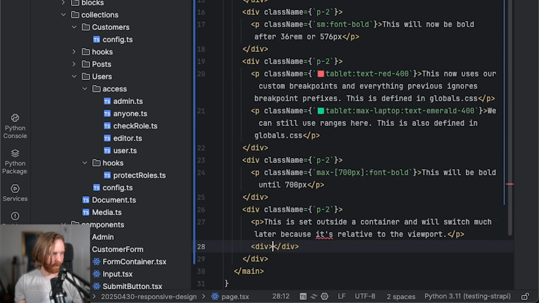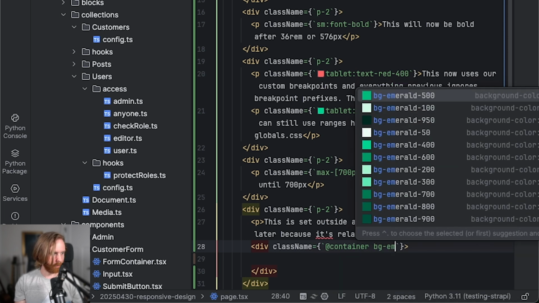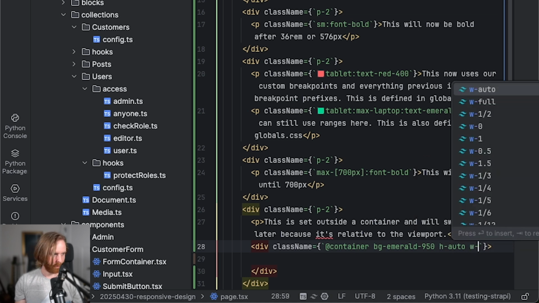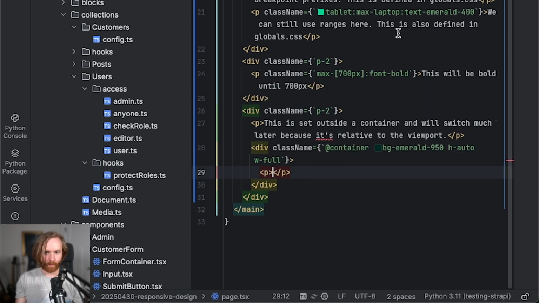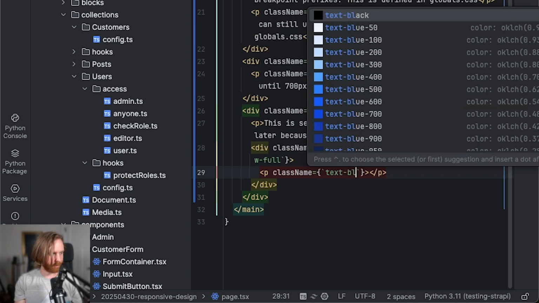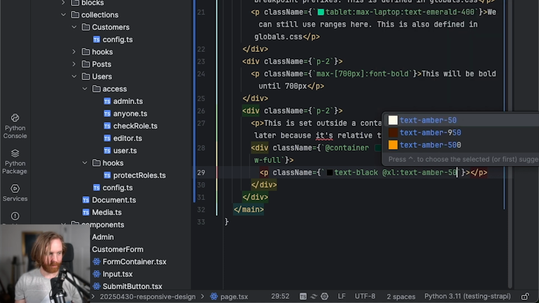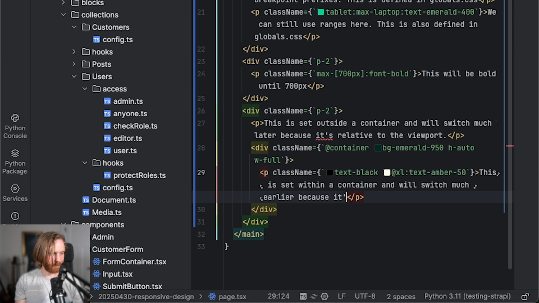So now we can create another div, and this div will have the class name of @container, and then we'll have bg emerald 950, height auto, width full. In this div, we'll have another paragraph tag that will have a class name of text black @xl text amber 50. In the paragraph tag, it'll say this is set within a container and will switch much earlier because it's